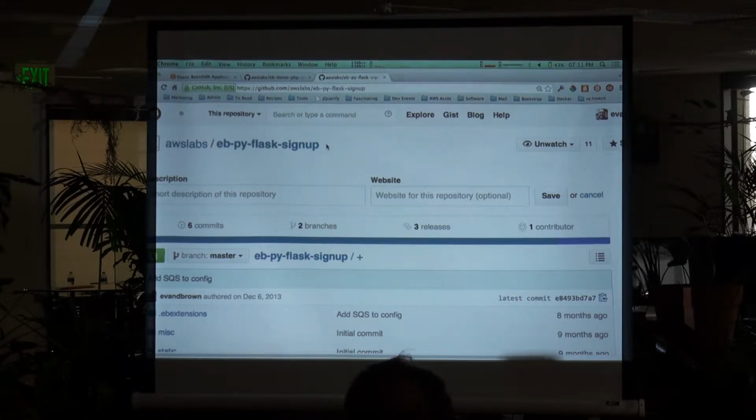So this is a Python-based app. We've Dockerized it, and this application uses DynamoDB to store information that's collected from a form. So we need to have our application basically provision these dependencies for us, and we don't want to do it